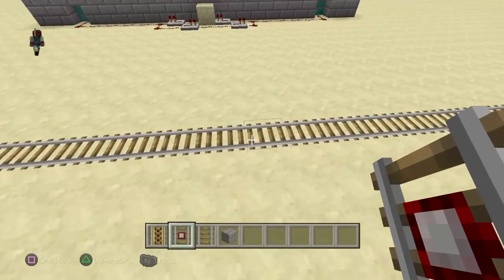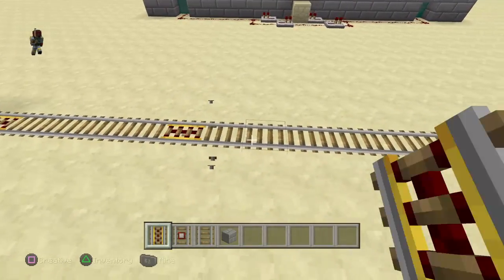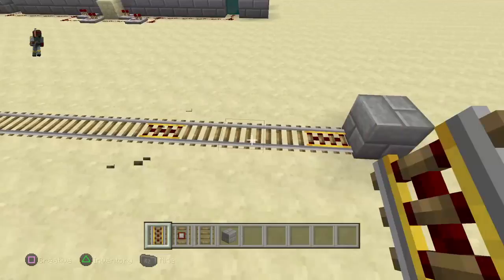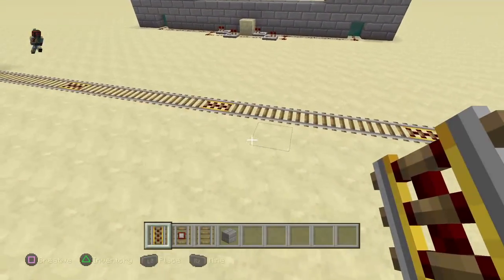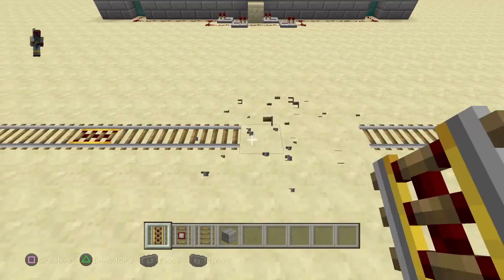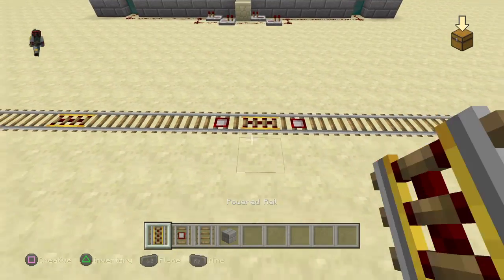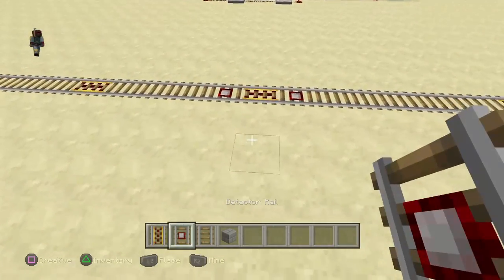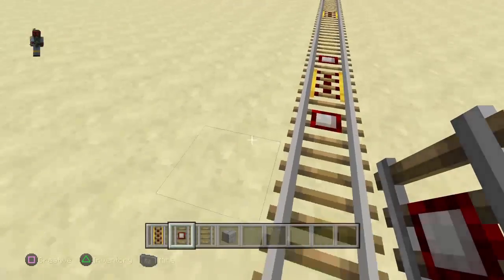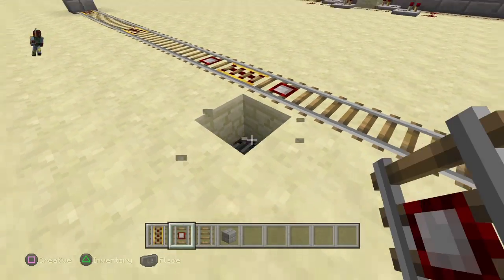Alright, now here comes the interesting part. Obviously you're going to have your powered rails going down your track so you can go at a faster pace. About the middle of your track, instead of putting your powered rails, you want to clear out 3 spaces, put down 2 detector rails, followed by your powered rail. Underneath one side, it doesn't matter left or right, you want to dig out 1 block